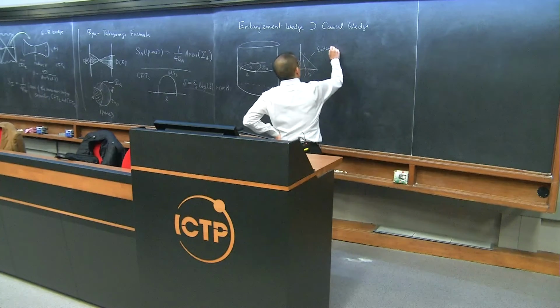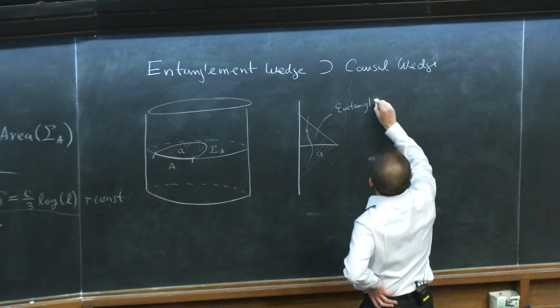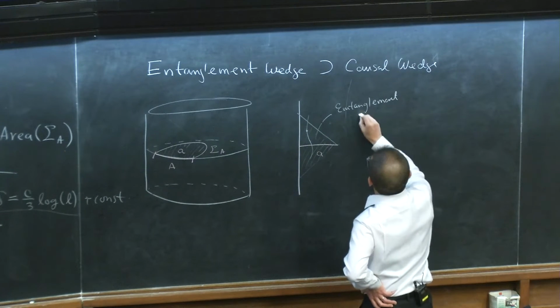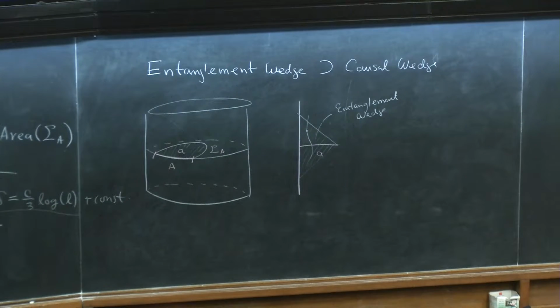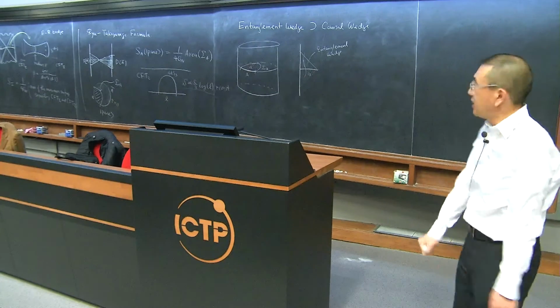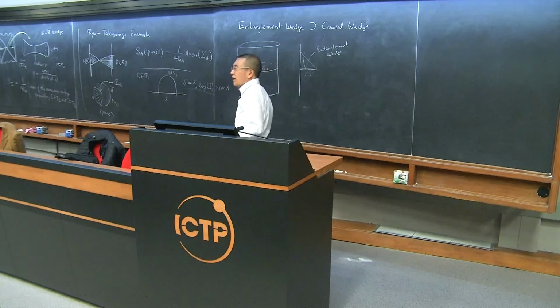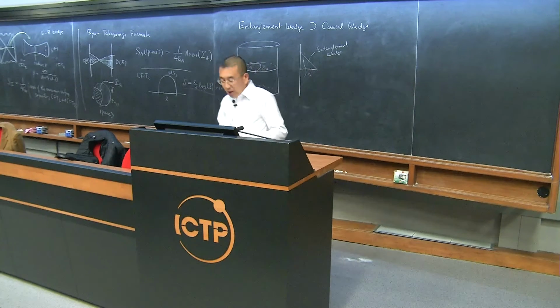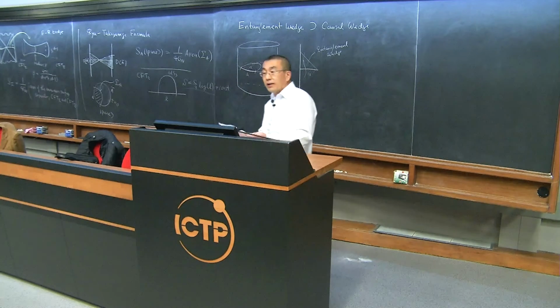So this is the entanglement wedge. And you can actually show that entanglement wedge in general is bigger than the causal wedge. So for example, this can be most easily seen when you consider the case where